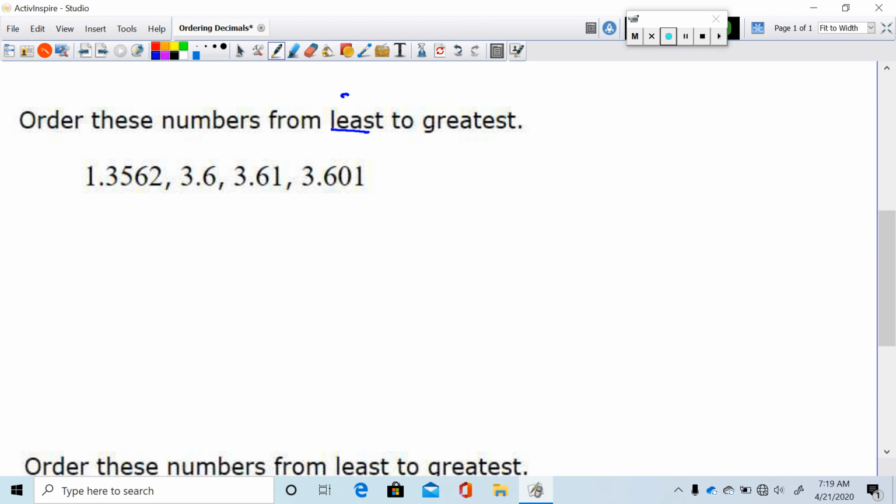Okay, least, that's small to big. Again, it looks like the largest number of numbers after the decimal is 4. So I'm going to make them all have 4. 1.3562, 3.6000, 3.6100. If they don't have 4 numbers after the decimal, you just have to go ahead and put a 0 at the end, because if you have them have the same number of numbers after the decimal, then you can